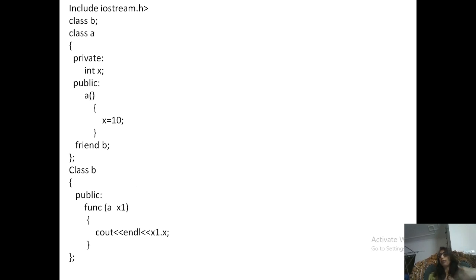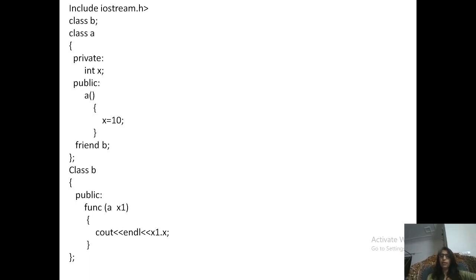B can be a friend of A, but that doesn't mean that A can access the data members of B, because B does not take A as its friend class. A thinks B is my friend, but B does not think so.